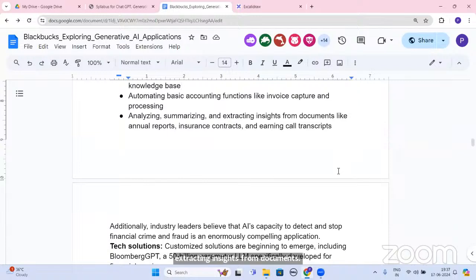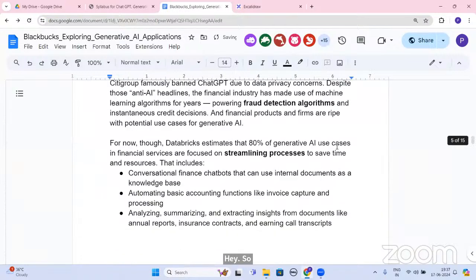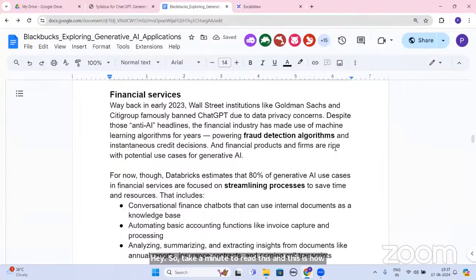Then moving ahead to the next part. Take a minute, read this, and this is how you can observe how the finance industry is using ChatGPT.